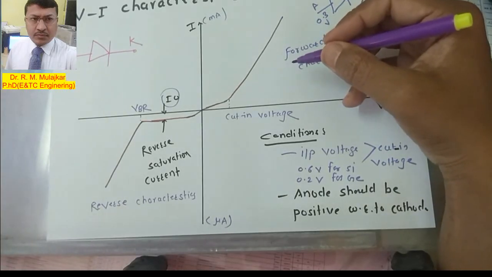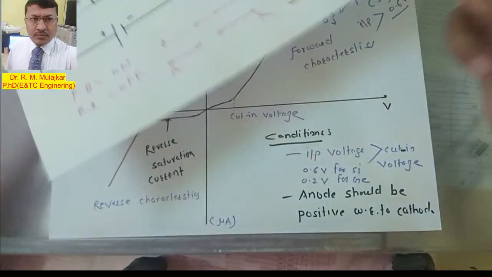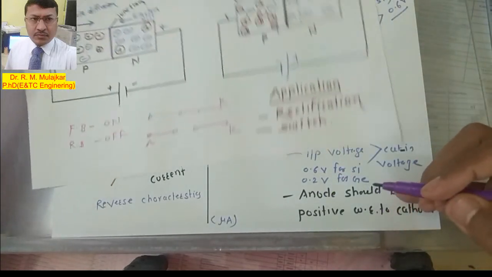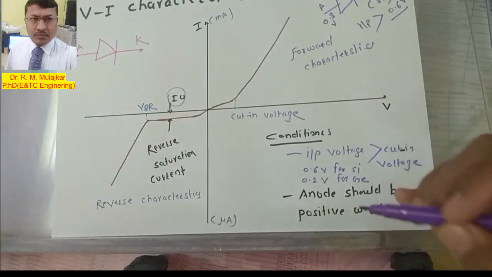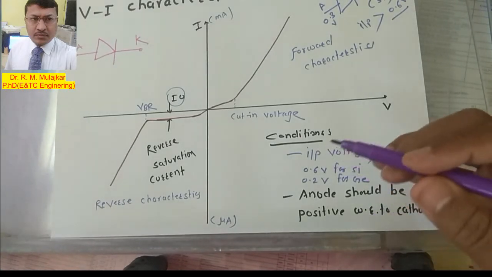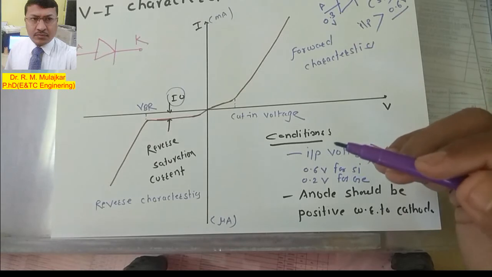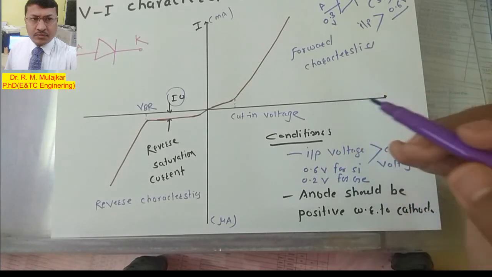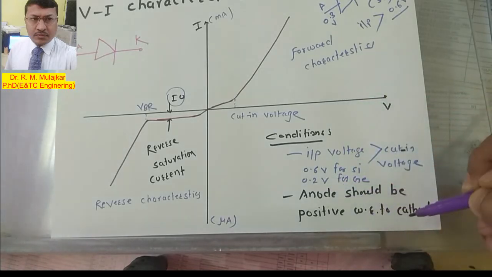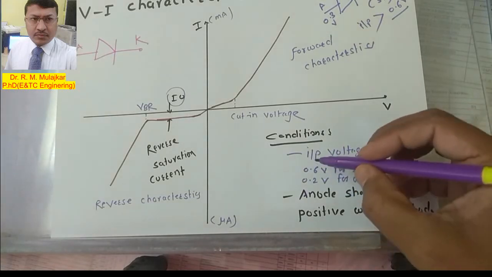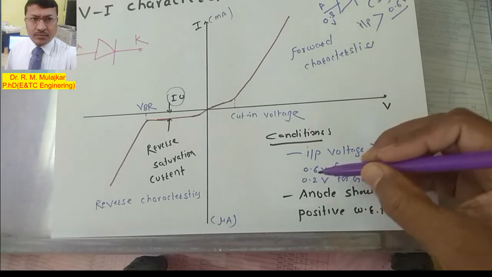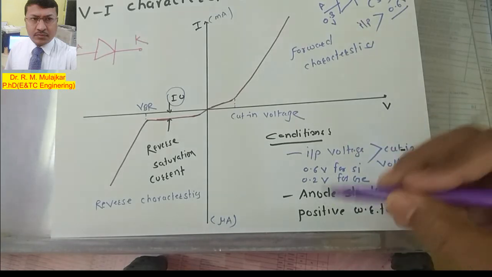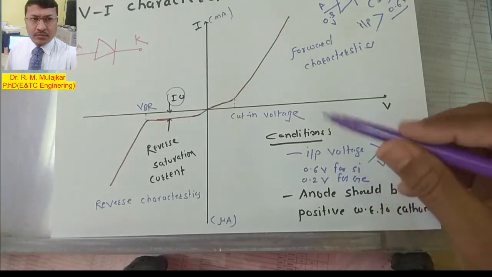So to break the junction, I have to apply an input voltage greater than 0.6 volt. And second, the anode should be kept positive with respect to the cathode. These are the two important conditions for the diode to work as forward biased. The anode should be positive with respect to the cathode, and that positive voltage should be greater than the cut-in voltage: 0.6 volt for silicon, 0.2 volt for germanium. This concept is important when the diode works